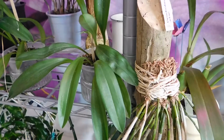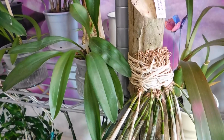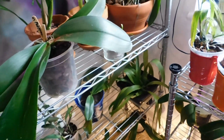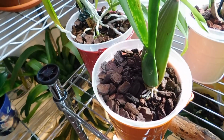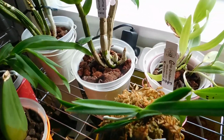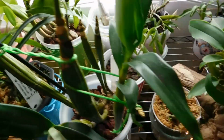Like I say, now we're moving into autumnal weather, and I've no intention of purchasing any orchids now at all, really. Thinking about it now, being more experienced and not so anxious to get new orchids, I feel the best time, for my environment anyway, for orchids to transition, and for me to help them to transition, if I'm going to get any new orchids, is in the spring. And then I've got the spring and the summer for that transition period to take place, and then come the autumn and the winter, which is quite a difficult time